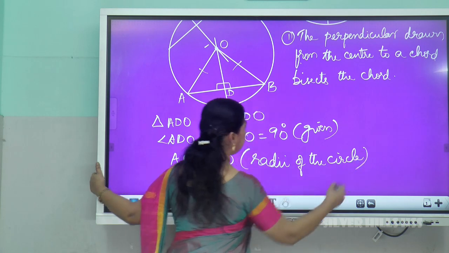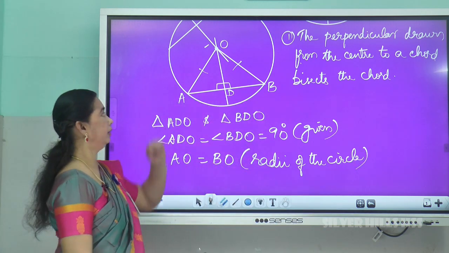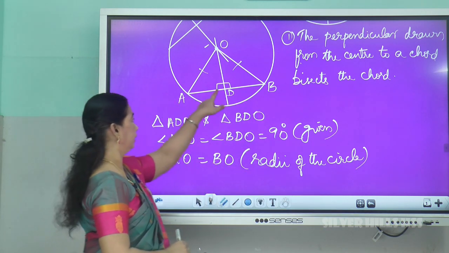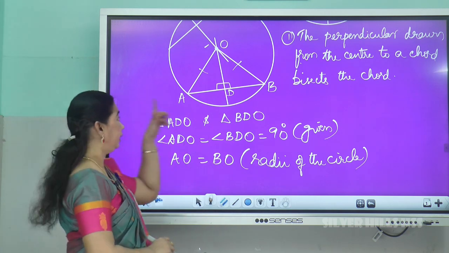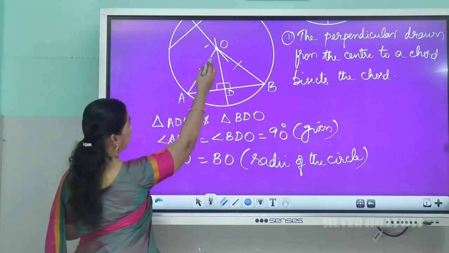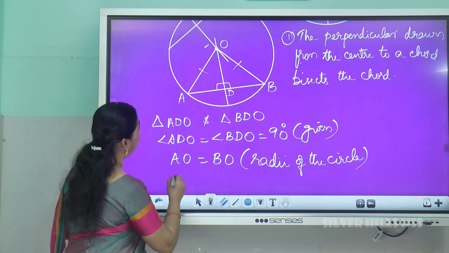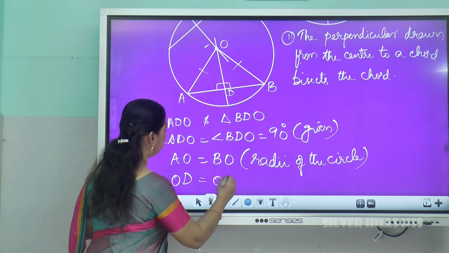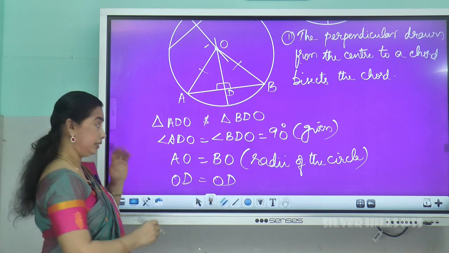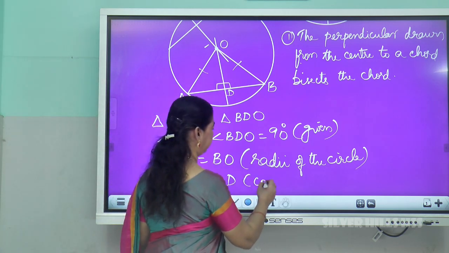So radius will be same, so AO and BO will be same. Both the angles are same. Then one more thing we can say: OD is also equal to OD. That is a common side